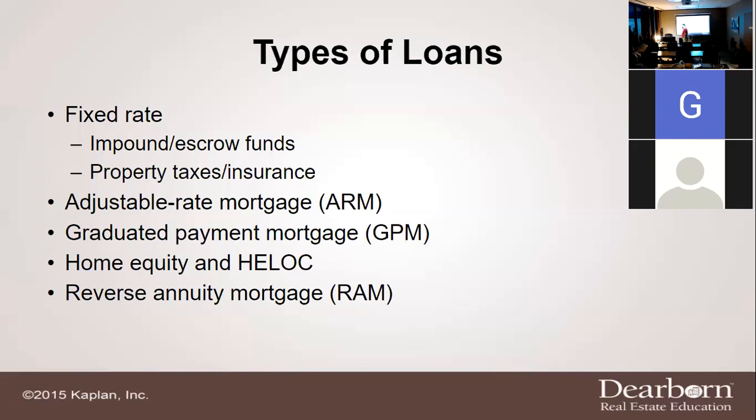This one is not adjustable: a reverse annuity mortgage. This is often used for those individuals that are 65 and over, okay? They are basically reversing the mortgage, and they're getting payments, not so much payments, but they're getting money from the benefit of having equity in their house, and they're getting paid back, okay? This is also a last resort, okay?